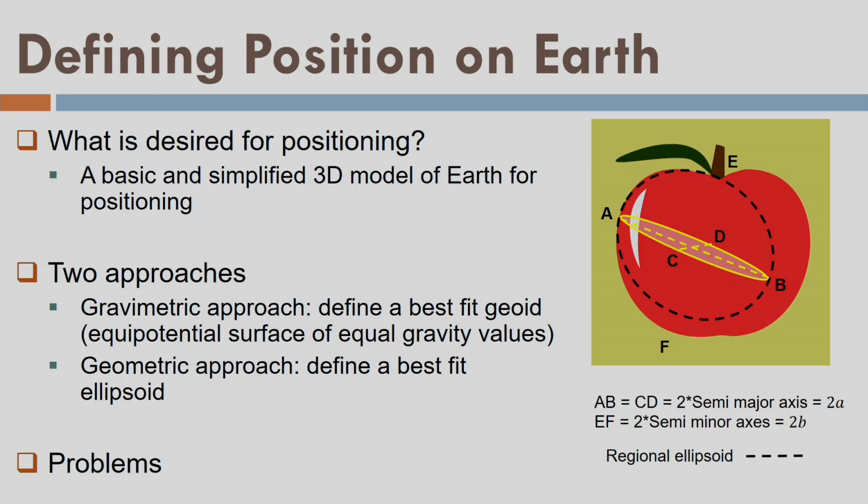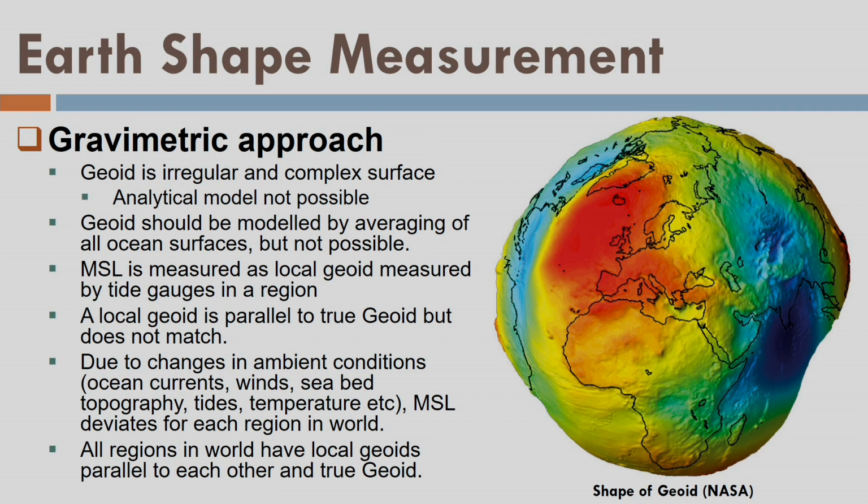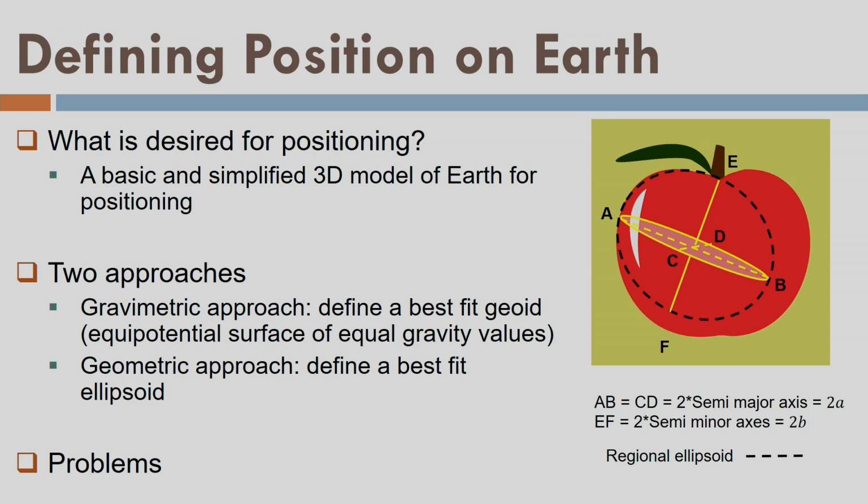Now let us see, these are the points A, B, C, D. So I can say AB is 2 times the semi-major axis and EF is 2 times the semi-minor axis. This is the axis of the ellipsoid, which is not matching with the rotation axis of the earth itself, but yes, they are quite near, because the rotation axis of the earth will remain almost the same even if I fit a different ellipsoid. So there will be slight differences between the regional ellipsoids, and if at all there exists a global ellipsoid, we are going to know that in the coming slides.